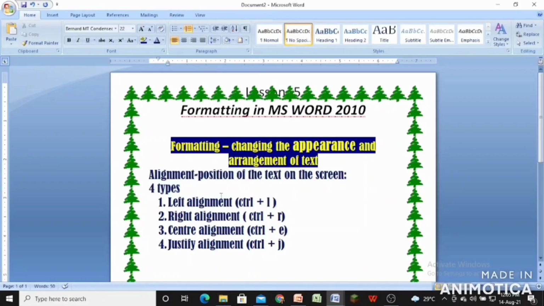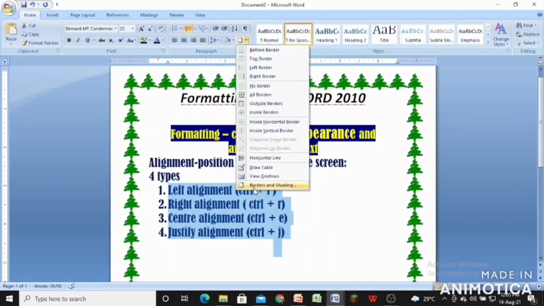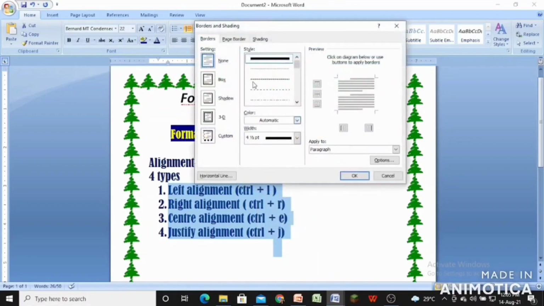Next is about shading. So select the text, shift with the arrow key. I have selected this text. Now again in the paragraph group, click on the border option. Then at the bottom of the pop-up menu, click on border and shading. Now from here in the dialog box, you can see this is known as a dialog box.